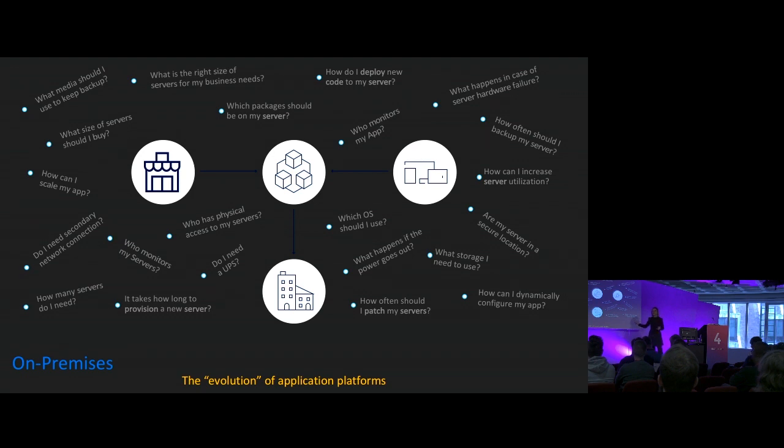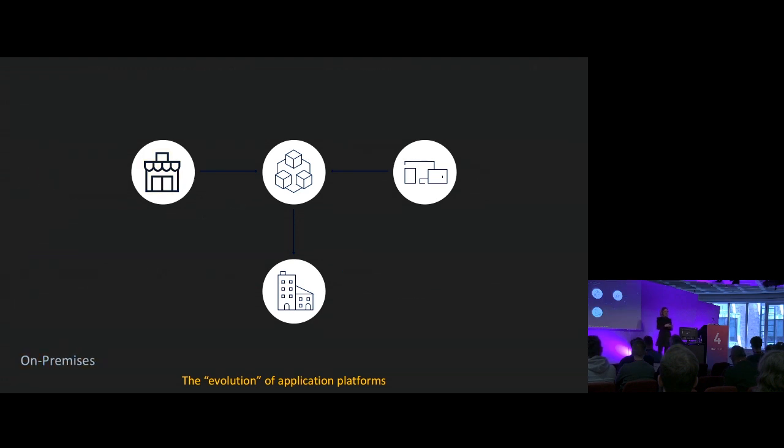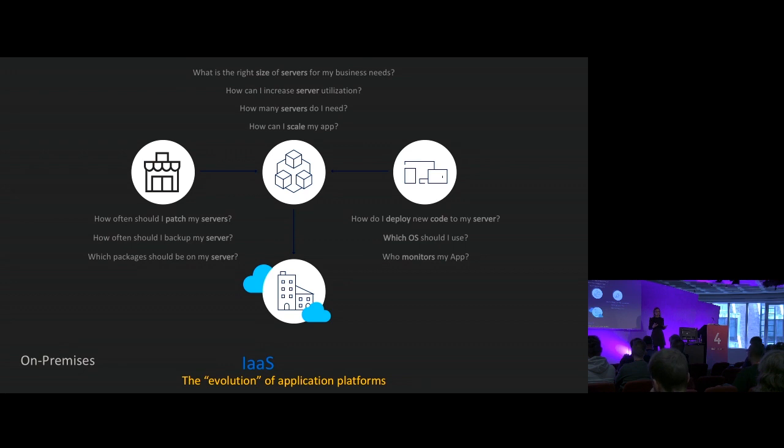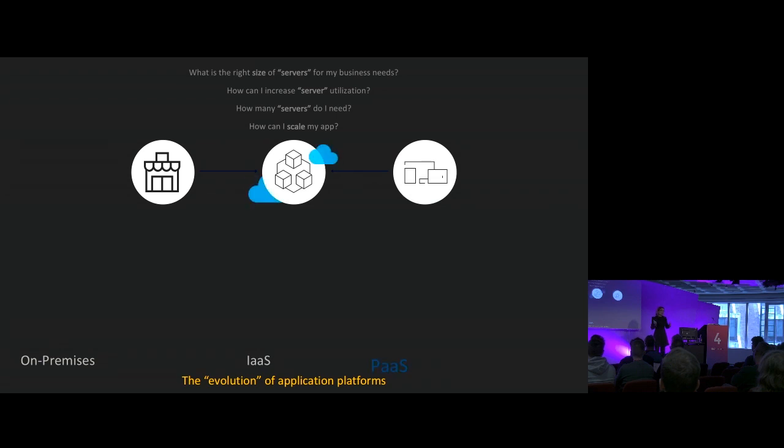So that's the beginning of the history of compute. And then from on-premise, we realized that we shouldn't rely only on us buying our own hardware. Maybe we should outsource that. So we started outsourcing that to this model that's called infrastructure as a service, where basically someone else buys the hardware and someone else makes sure that whenever there's a hardware failure, they're going to take care of that. They're going to replace that particular server. We don't have to worry about that. It's not an investment that we have to make actively. But turns out that that's not enough.